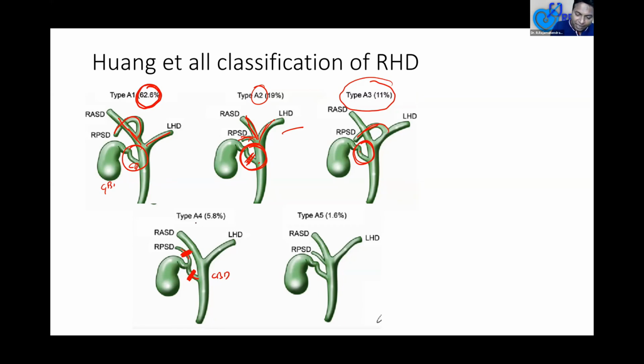So in type A4, 5.8%, it is a dangerous anomaly. We think this is a cystic duct and we put a clip here, or sometimes even during surgery, you'll think it is a CBD. So when there is more than one duct entering towards the gallbladder, you should always be very careful. Now you can understand why I'm telling you to always put the clip close to the gallbladder only.